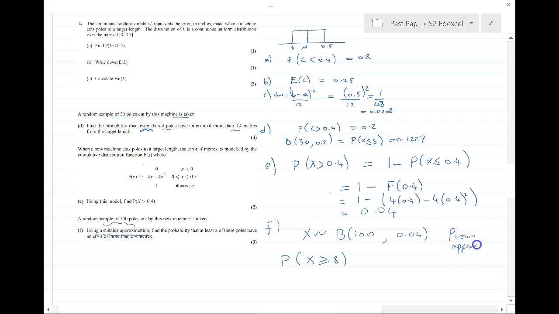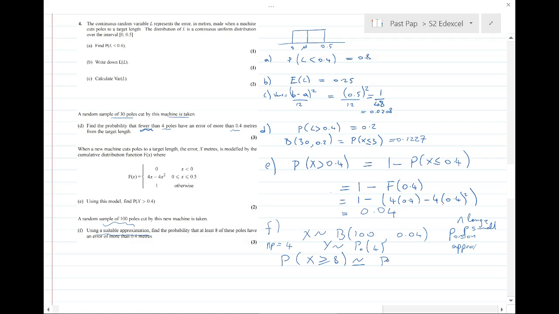Because n is large, p is small. For the normal approximation, we really don't want p to be small. So that's with np equal to the mean. np equals 4, 100 times 0.04. So np is 4. So if we let Y be Poisson 4, this value is going to be approximately the same as